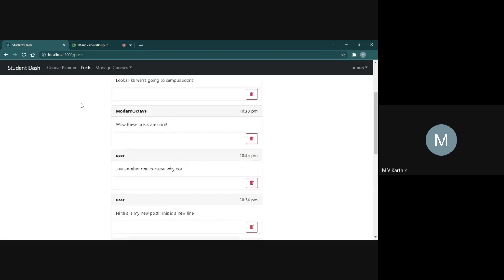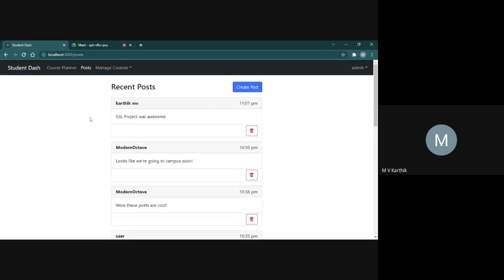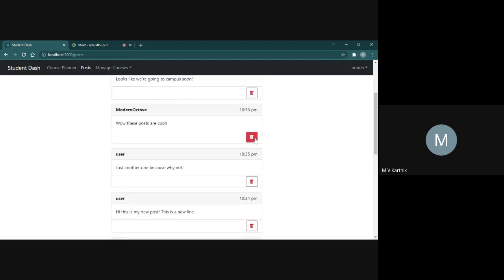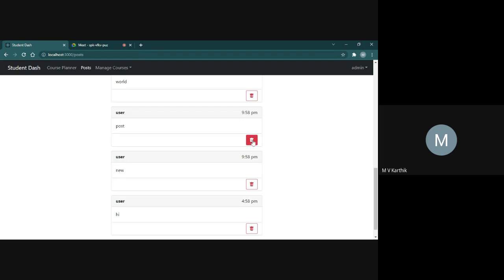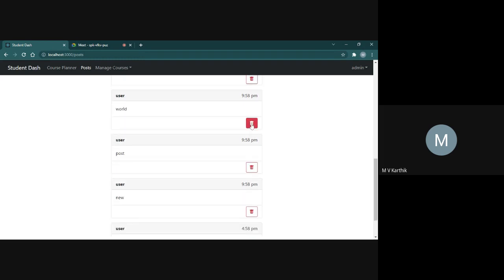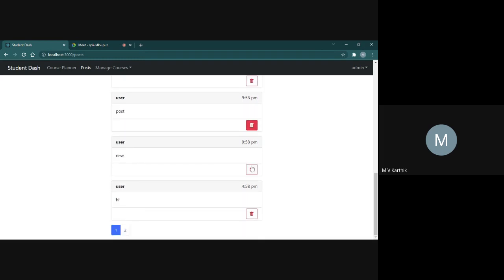Here, previously the delete option only appeared for the posts which I created, like Karthik Kamvi's post only has a delete option. But now you can delete every post which violates the rules, for moderation purposes.